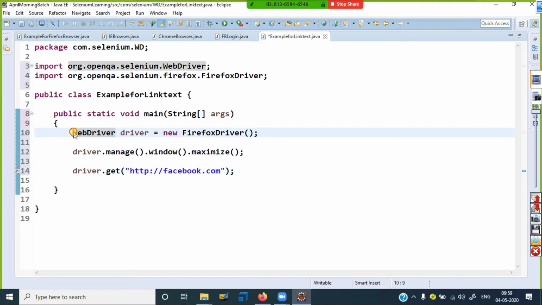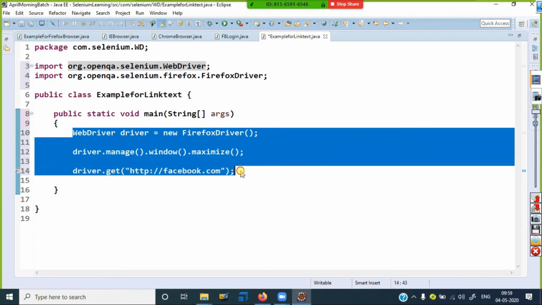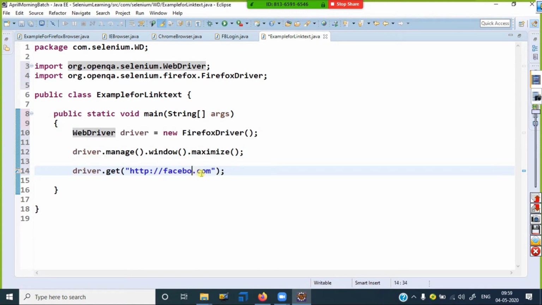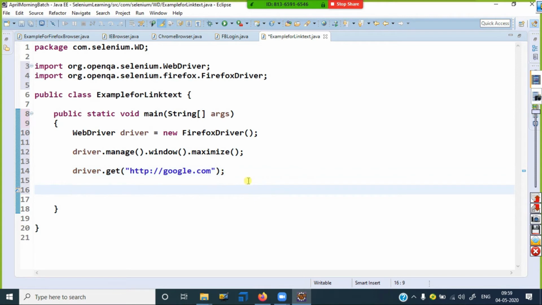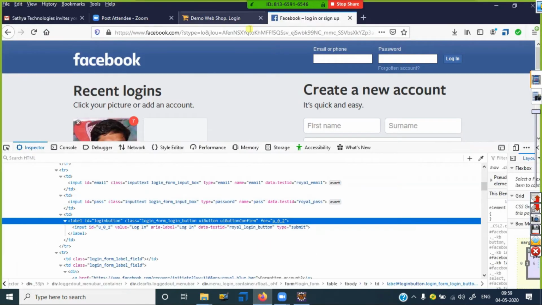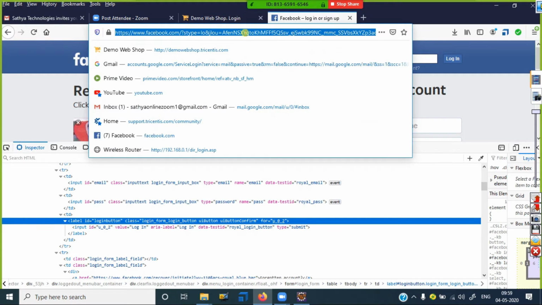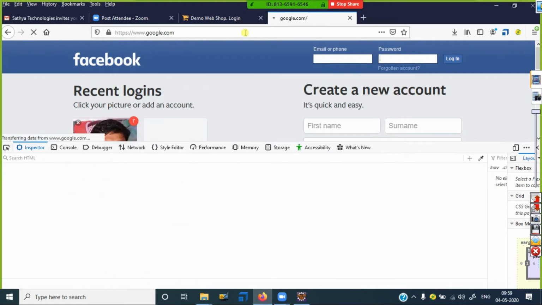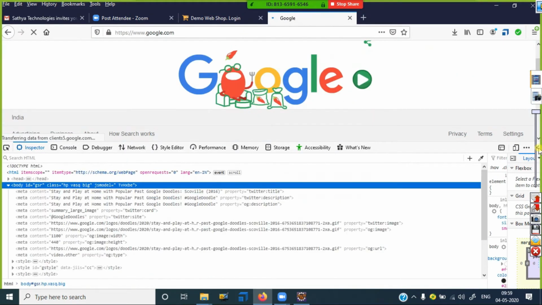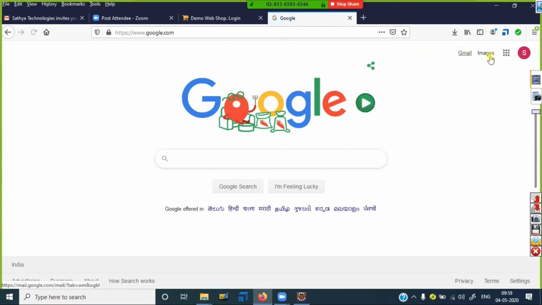But I don't want to go to Facebook, I want to go to the Google page, so I write Google here. When the Google page opens, you can see the Gmail link is there.